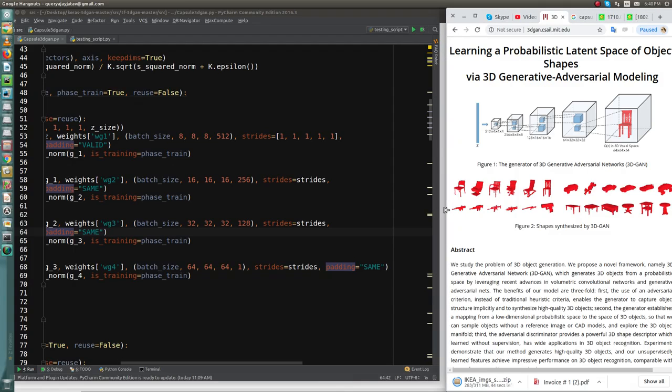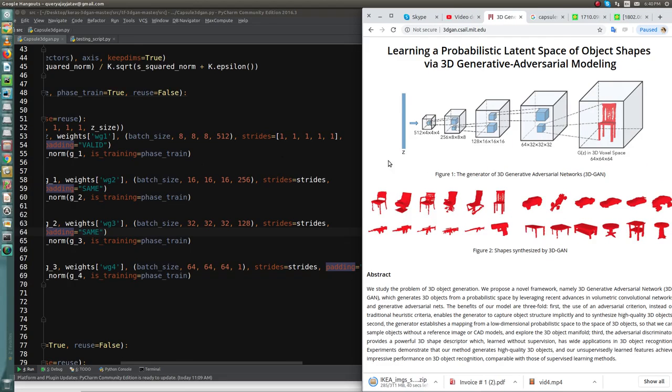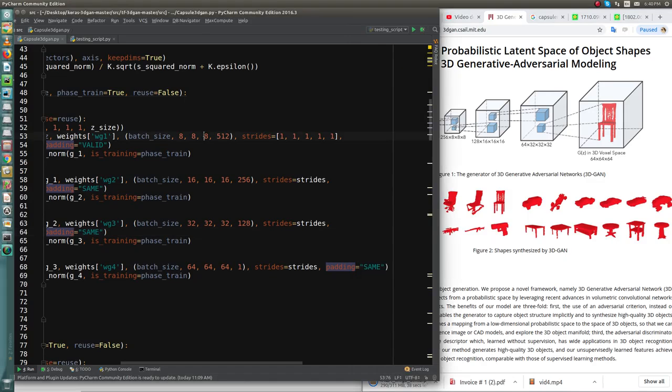The main difference between my model and his model in the generative part is that, instead of using a 4 by 4 matrix, I go for 8 by 8, which reduces one layer in size. With a stride of 1 1 1, it will generate a tensor layer of weight matrix 16 by 16 by 16, having 256 filters, and further generate 32 by 32 by 32 with 128 filters, and finally 64 by 64 by 64, and this is my three-dimensional model.